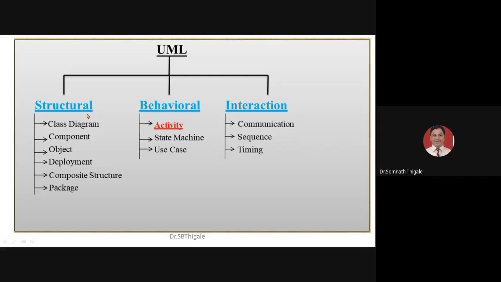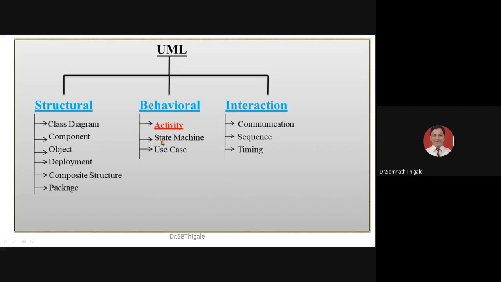The most important part is the behavioral diagram. As the name suggests, behavioral means time-being activity. Simply, the structural diagram represents the static scenario, whereas behavioral and interaction diagrams focus on the dynamic style. These two types of diagrams play a very important role while we define software scenarios. In behavioral diagrams, I'm going to use the use case diagram, the activity diagram, and the state chart diagram. Sometimes it is referred to as a state machine diagram, sometimes as a state chart diagram, though the concept is the same.